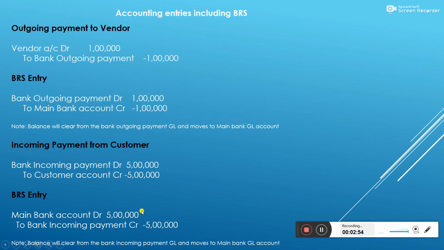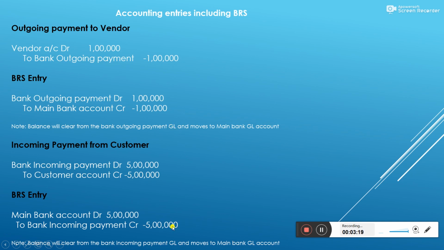It means the deposit is in your SAP bank account and it will clear the incoming payment. Similarly to outgoing, the clearing account will get cleared and the main balance will get updated in the main bank GL account. Okay, this is a BRS.